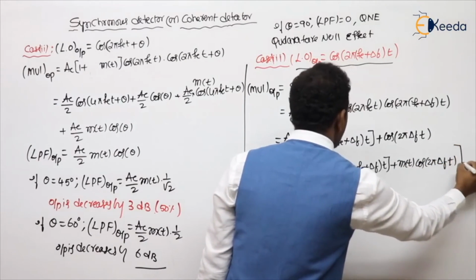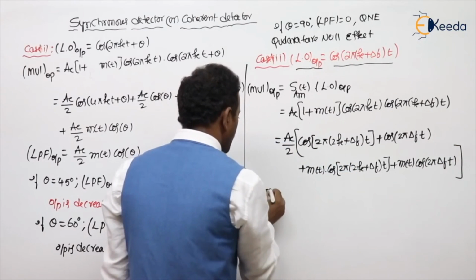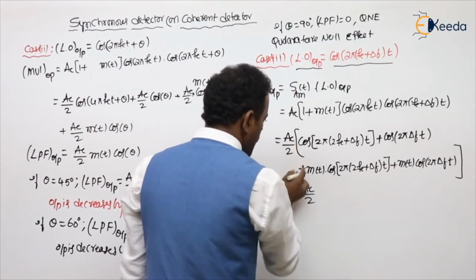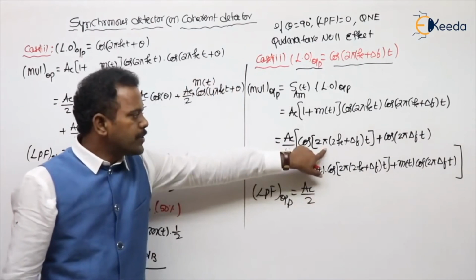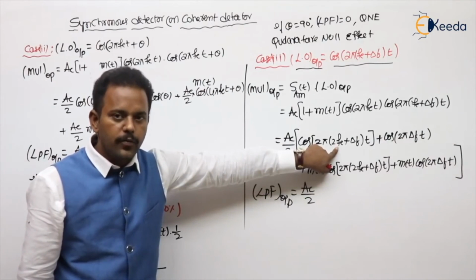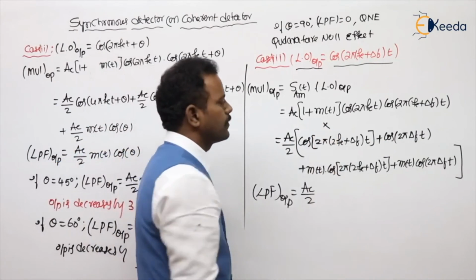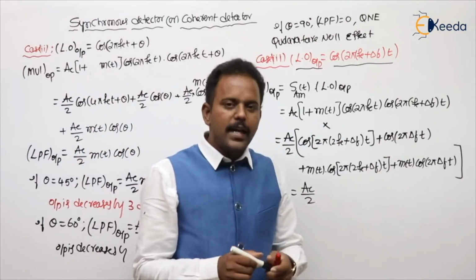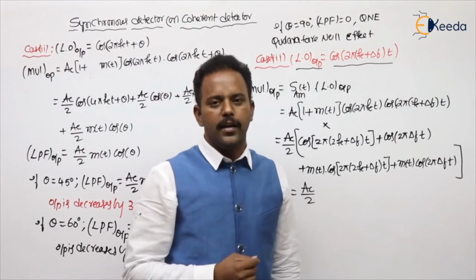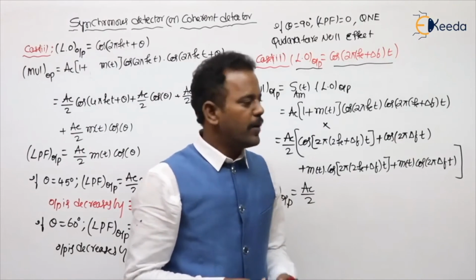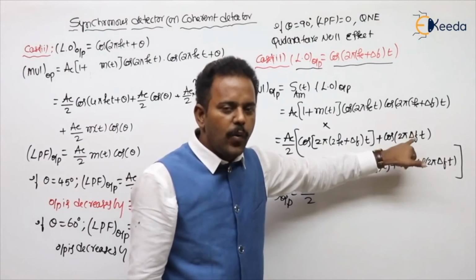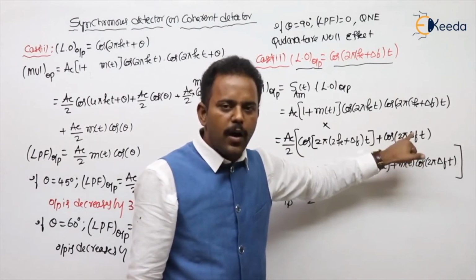All these are given where, sir? All these are given to the low pass filter. Write the low pass filter output, which is nothing but Ac by 2 common. Now see the first term. What is the frequency? 2fc, very high when compared with the low pass filter cutoff frequency. Delta f, what is delta f, sir? The difference between the local oscillator and the original carrier. The difference is generally small. If the angle is small, then cos of the angle you can approximate as 1. 1 means a DC value, and DC values you can block by using capacitors.